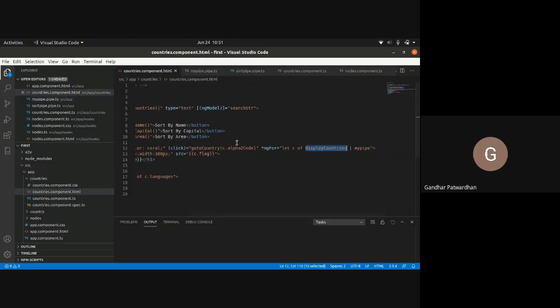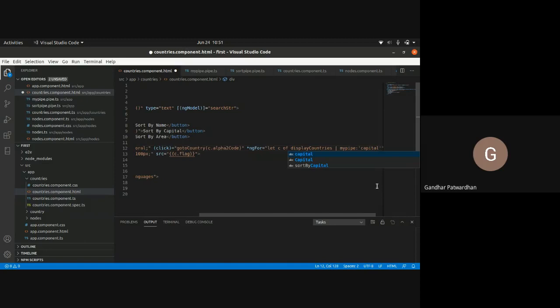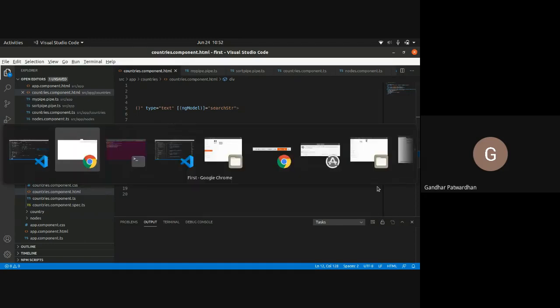But how you need to pass the field is, after your my pipe, give a colon, and in single inverted commas, give it the field. Let us give the field as capital. So it is telling that you have to sort on the basis of capital. Now let's see if it is sorted.